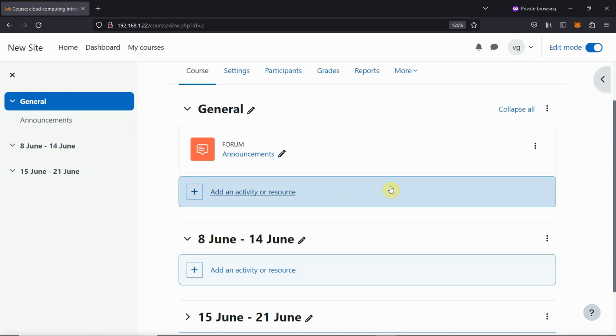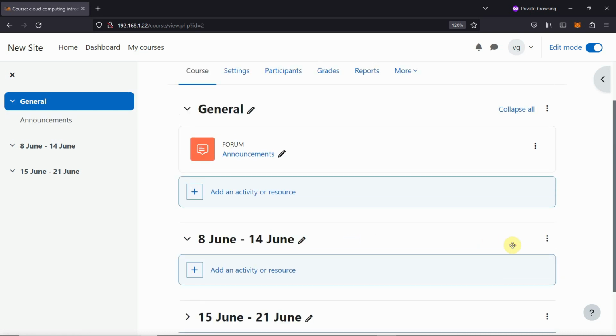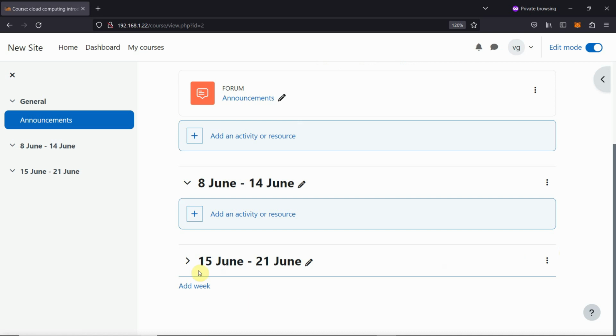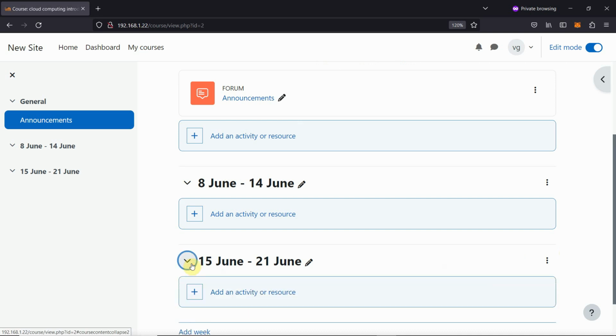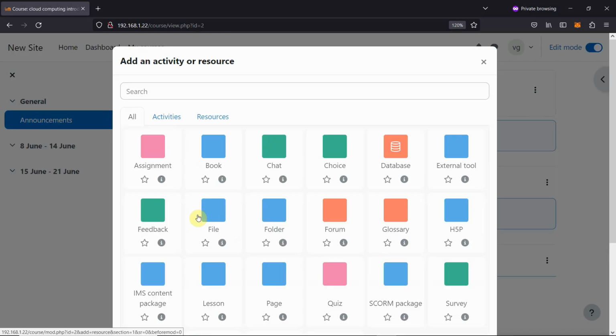The moment we specify the edit mode, for the first week it is asking what you want, whether you want to add an activity or resource, and then for the second week also it is going to ask whether you want to add an activity or resource. So we are going to click on plus. Now please remember,